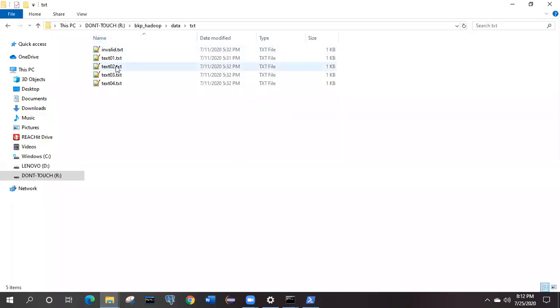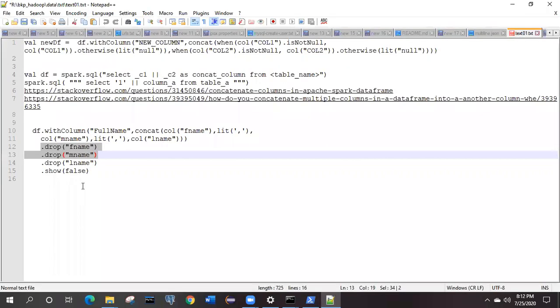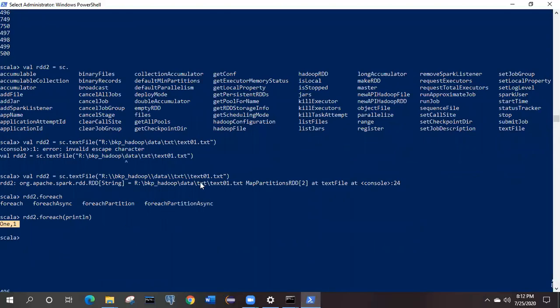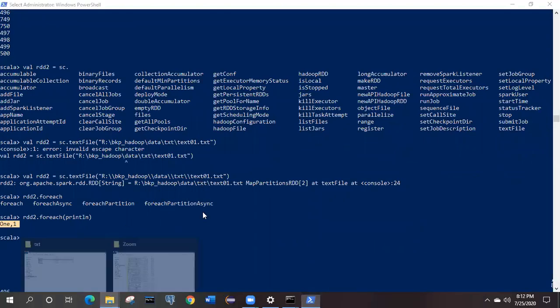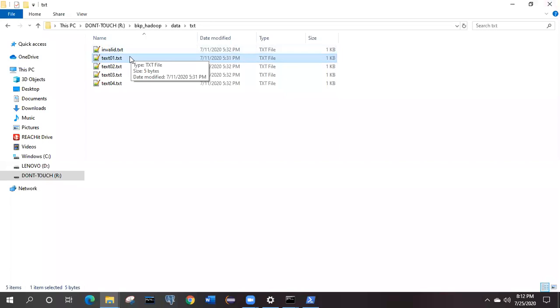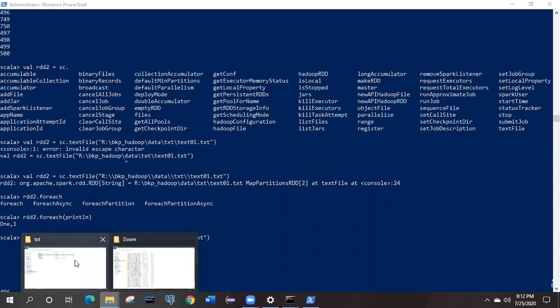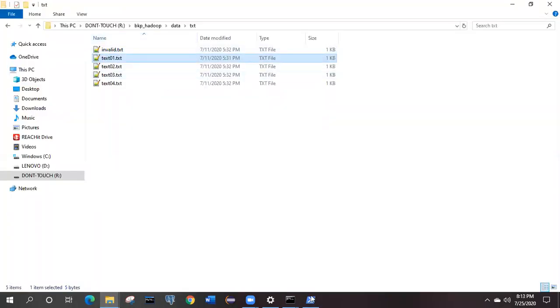We'll cross-verify what is present over here. We read one file, text01.txt. We'll try to read another file. See here what the file name is. It is invalid.txt.